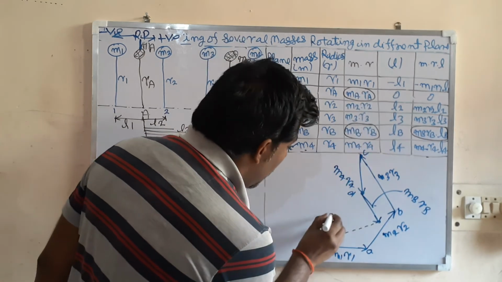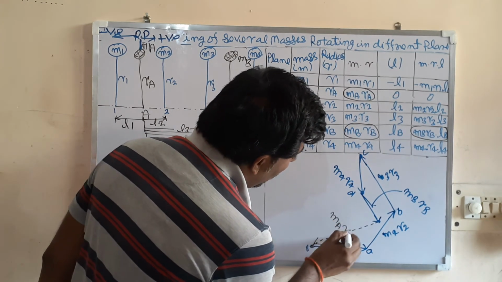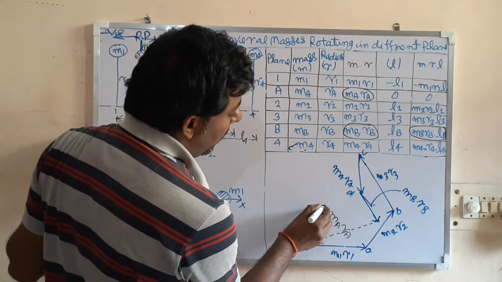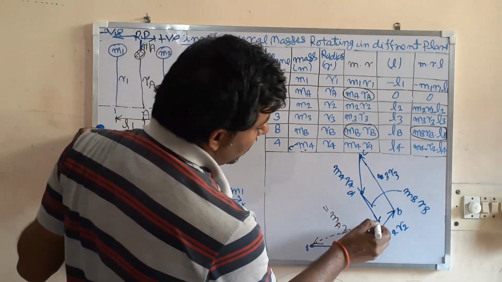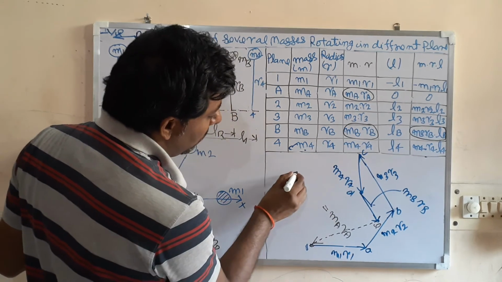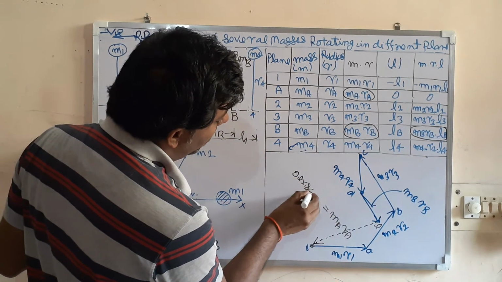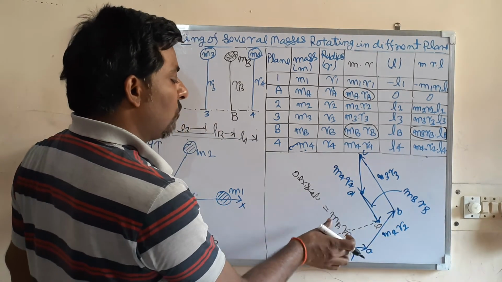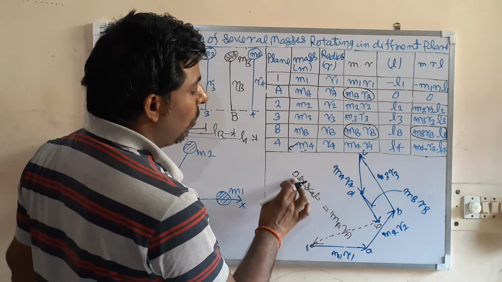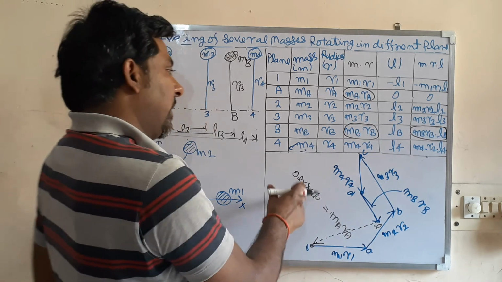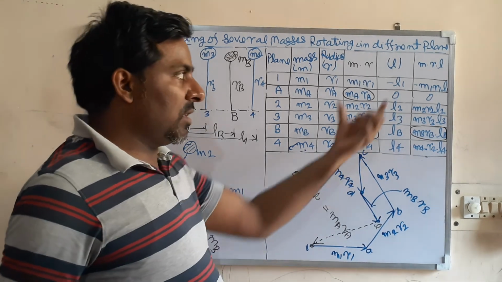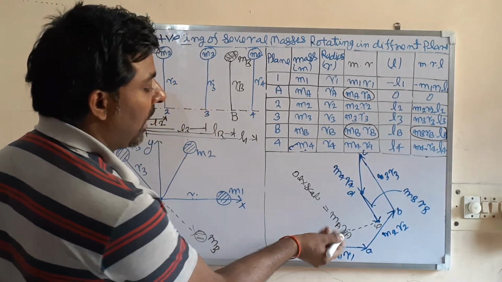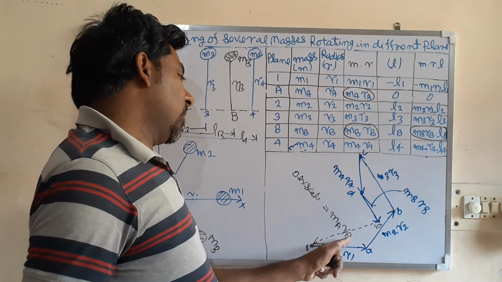So what is this? MA into RA. So this will be MA RA. How to get this MA RA? Say this is E. So this is equal to OE into scale. So equate this. This is MA RA. Direction is this one. Magnitude is OE, so OE into whatever scale you have taken. You take a different scale for the force and couple polygon. Okay, from here you can get the value of MA RA. That is, one will be given, you can calculate the other.